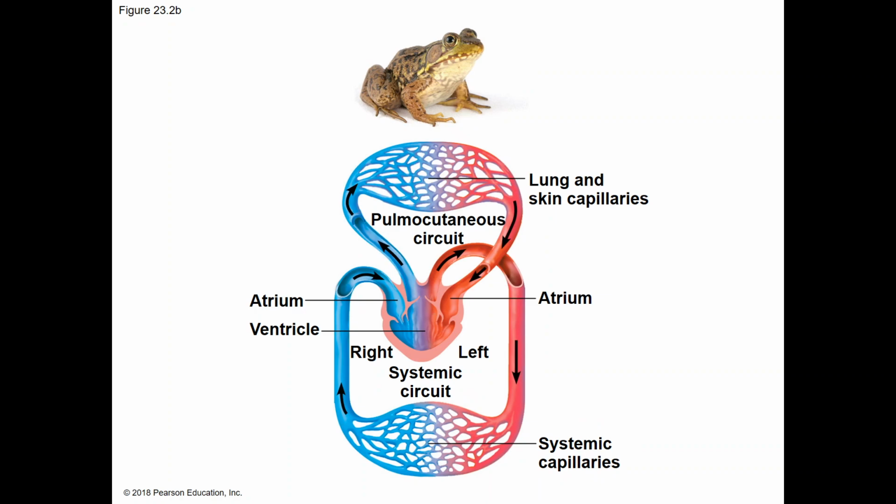But that single circulation, that single circuit, wouldn't be able to apply enough pressure to move blood through the capillaries of the lungs and then throughout the body of a terrestrial vertebrate. So they've evolutionarily adapted to